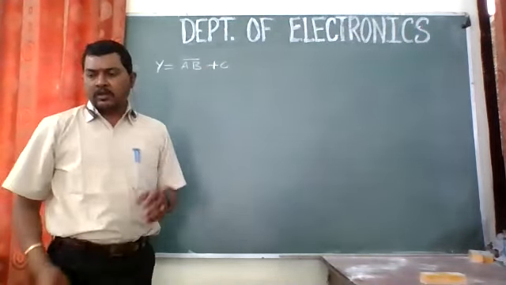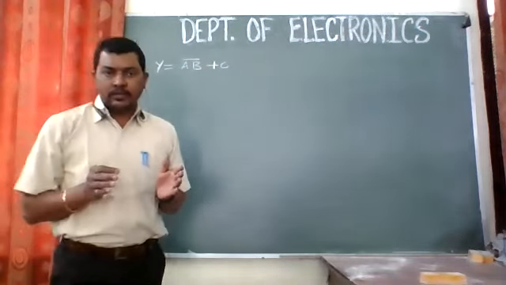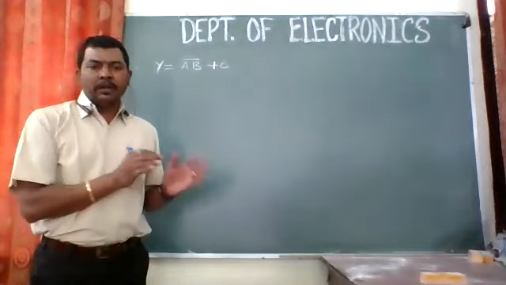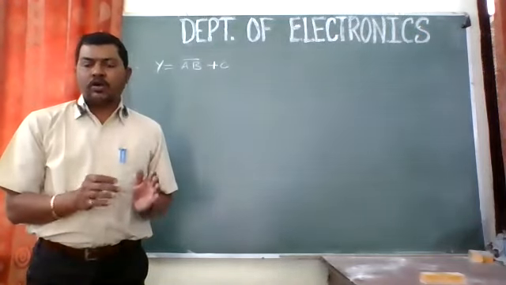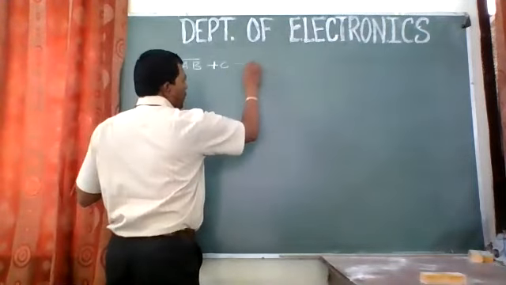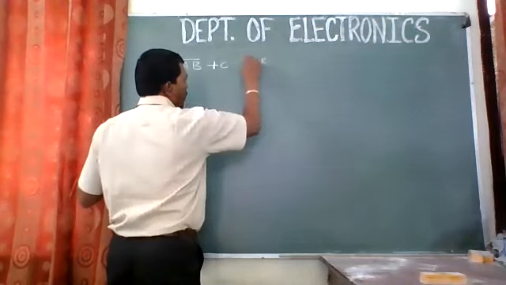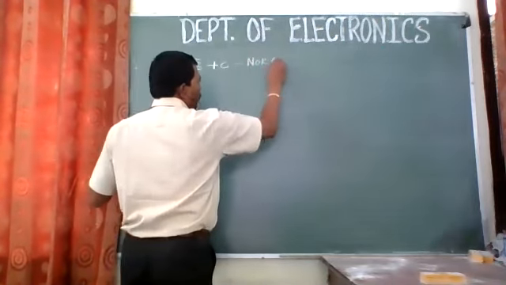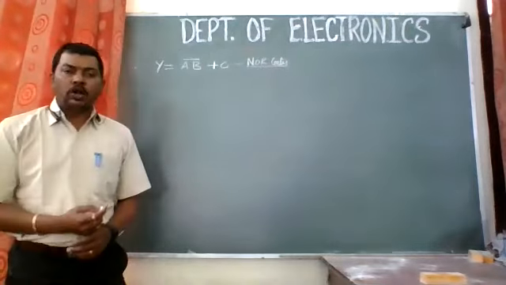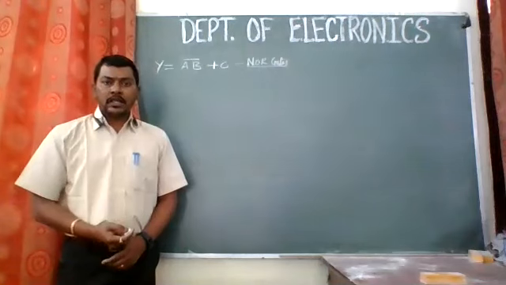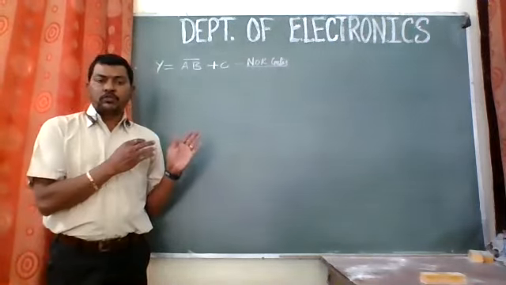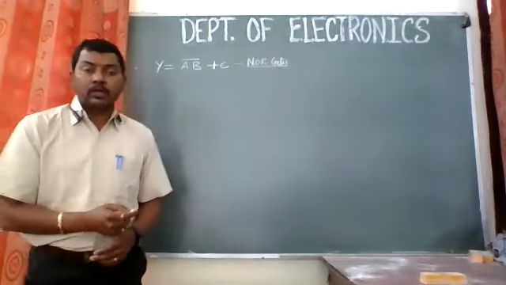Now the trick, the punch behind this equation, is we have to implement this equation by using only NOR gates. So we have to implement this circuit by using NOR gate only. I guess you know the Boolean equation for the NOR gate, right? The NOR gate is (A plus B) whole bar, right? So we need to implement this equation by using the NOR gate.